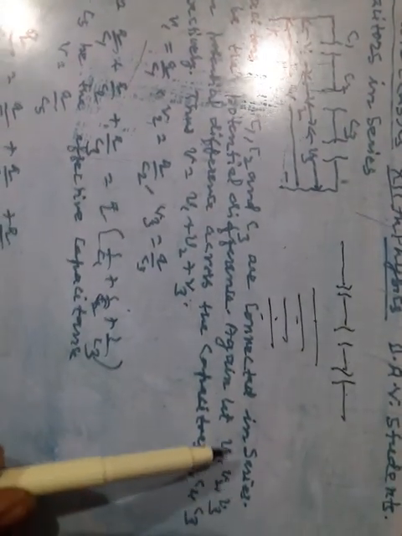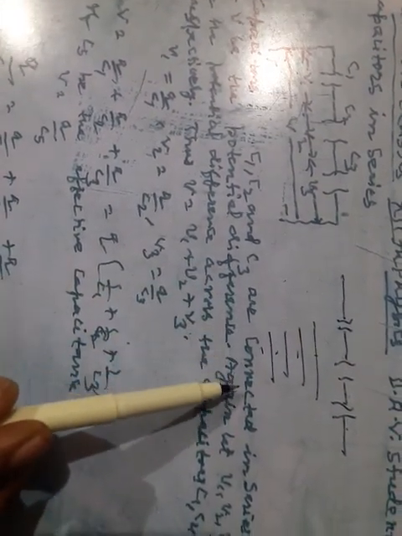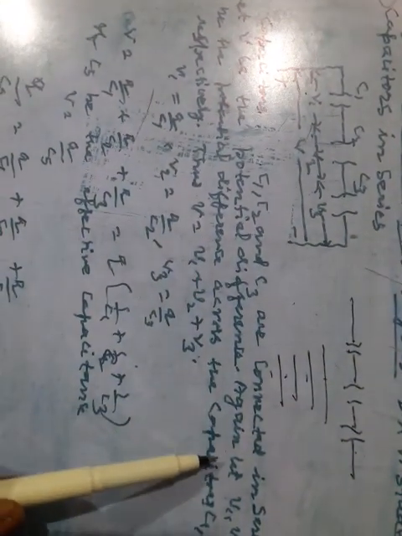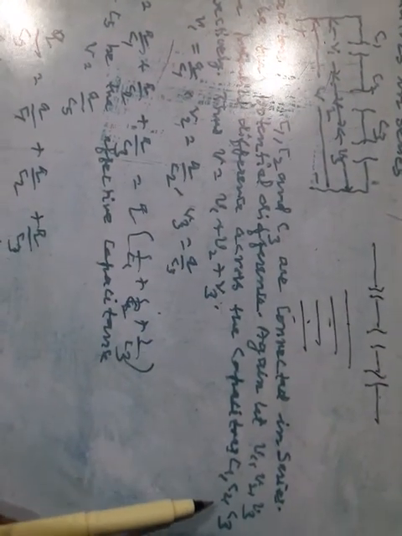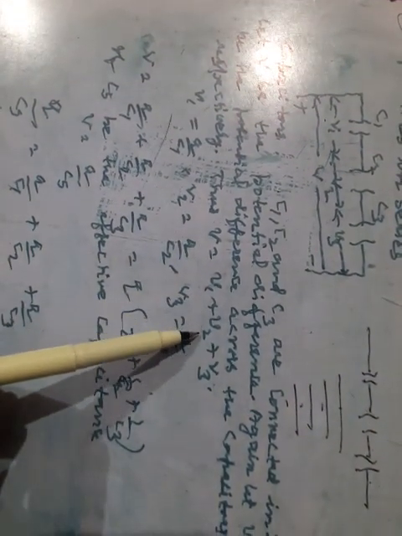Here C1, C2, C3, V1, V2, V3 and total V, potential difference, that is total V. Try to understand about potential difference. Its SI unit is volt. Capacitors C1, C2 and C3 are connected in series. Okay, all these capacitors are connected in series. Let V be the potential difference. Again, let V1, V2, V3 be the potential difference across the capacitors C1, C2, C3 respectively. Thus, V is equal to total potential difference V1 plus V2 plus V3.